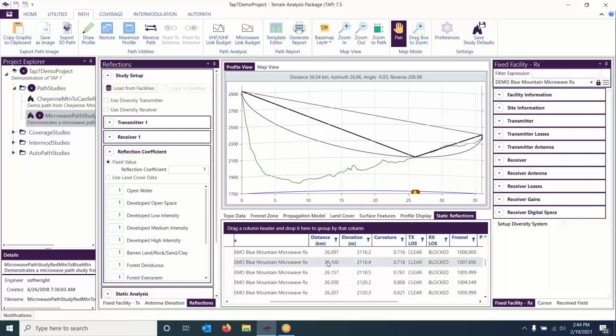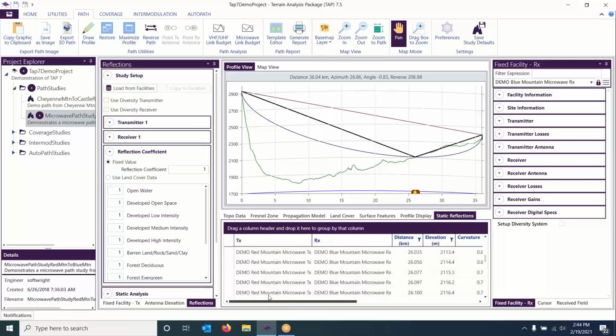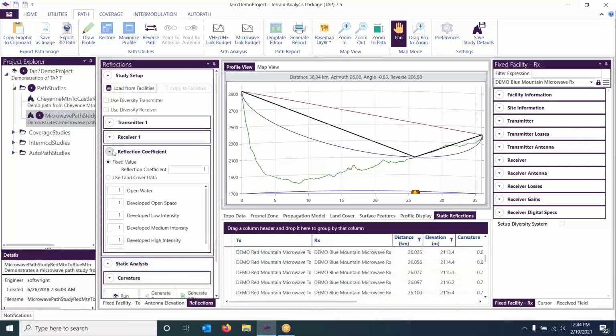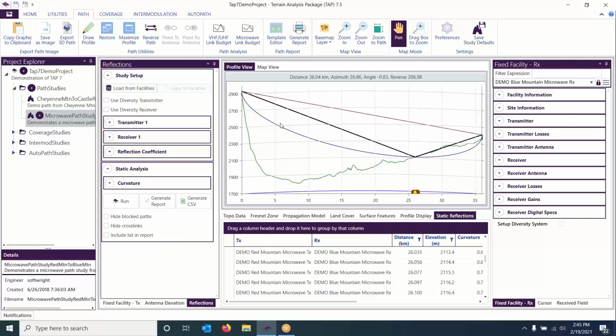26.1, and then the values in between these topo points are the ones associated with the local nulls, so our local minima. These are even Fresnel zones where they impact the ground, so they could potentially give you worst case values. When you have this full set, if you want to go back to the original view, you can click up